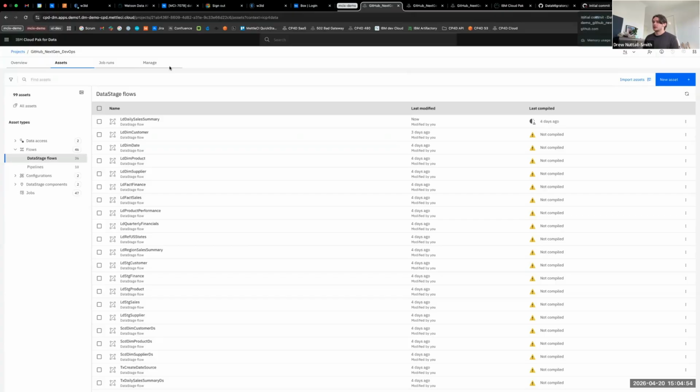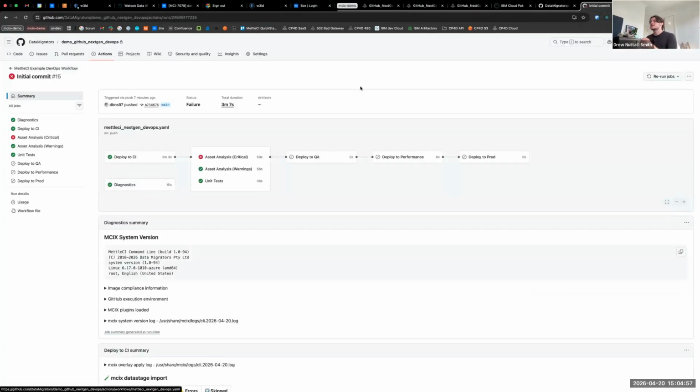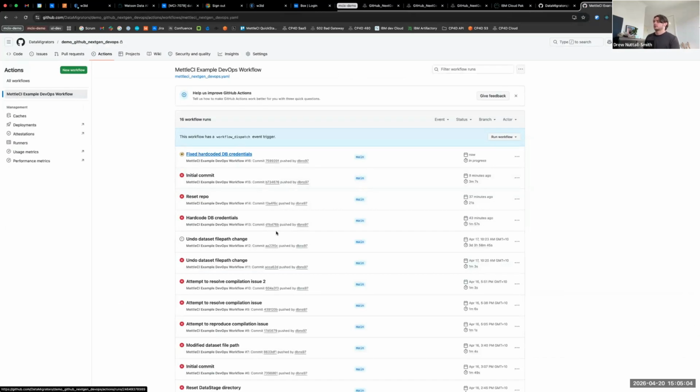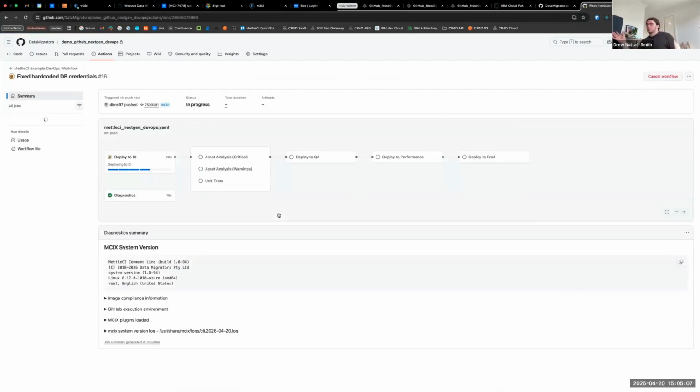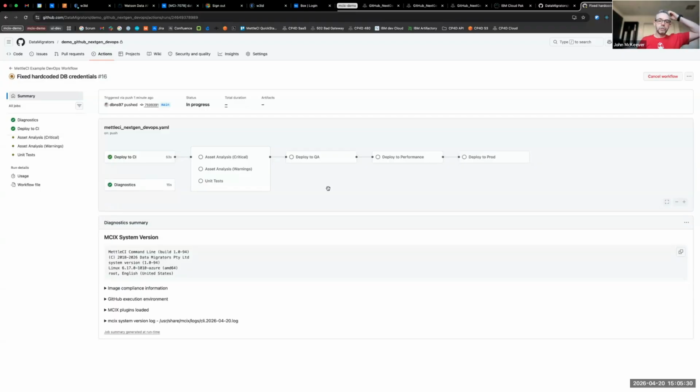We'll go back here, go back to our list of pipeline action runs. Okay, fixed hardcoded DB credentials, that's running now. So now we can watch our pipeline run through, and this time we expect it to get through all of these tests. They should all pass. And then, John, I'm right in saying that we have a manual gate on all of the downstream environments beyond CI. So it won't automatically deploy unless we tick a box to say, yes, we're happy and we want this deployed downstream. Yeah, so those environments, if you go into your settings in GitHub,